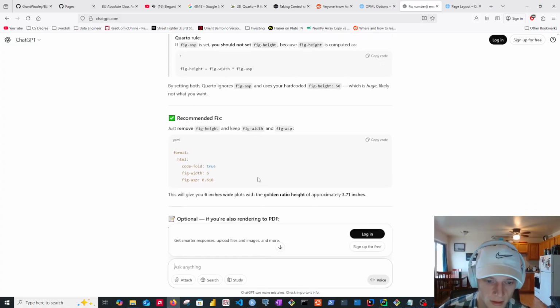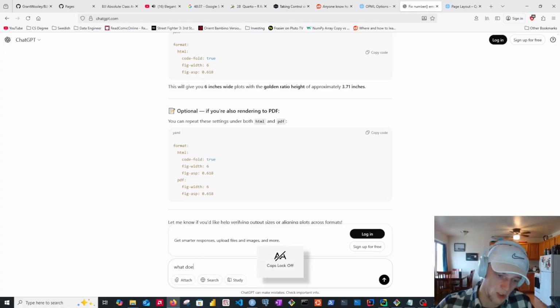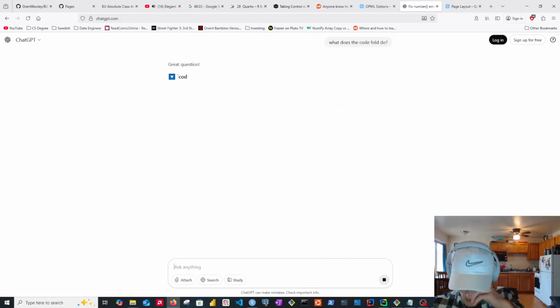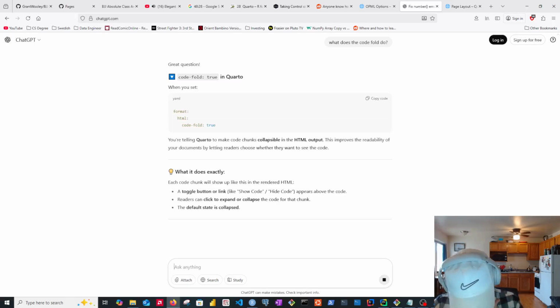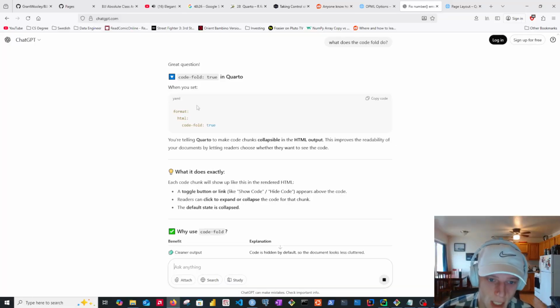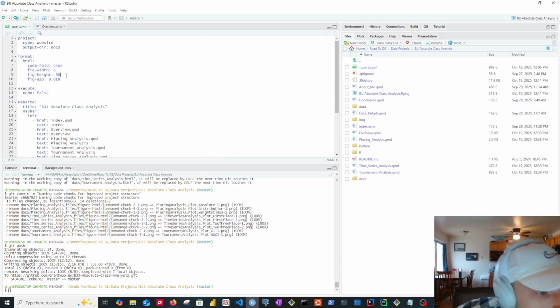Just remove. What is the code? What does the code fold do? I'm assuming I put those in like last time I was playing with the project to try to sort this issue out and just didn't work that hard on it. Yeah. So